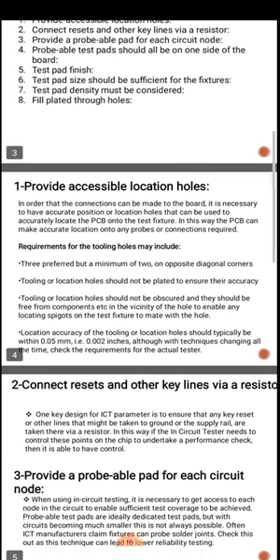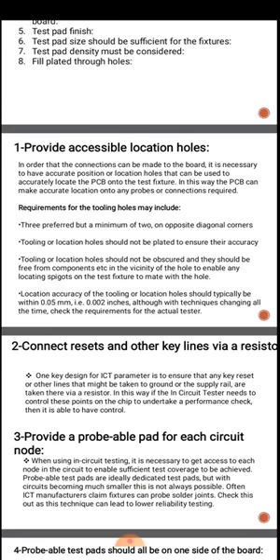The requirement for the tooling holes may include 3 preferred, but a minimum of 2 on opposite diagonal corners. Tooling or location holes should not be plated, to ensure their accuracy. They should not be obscured, and they should be free from components etc. in the vicinity of the holes, to enable any location spigots on the test fixtures to mate with the holes.